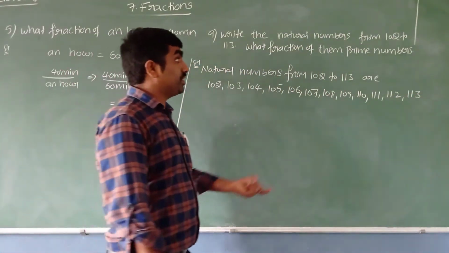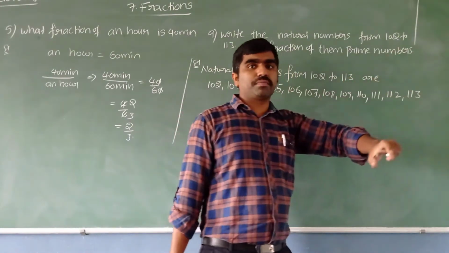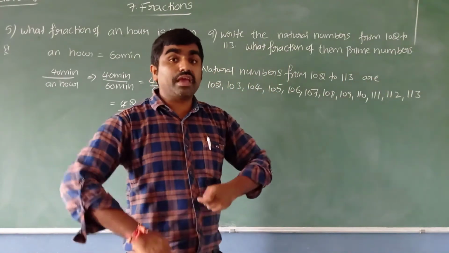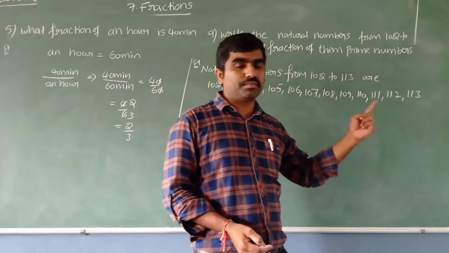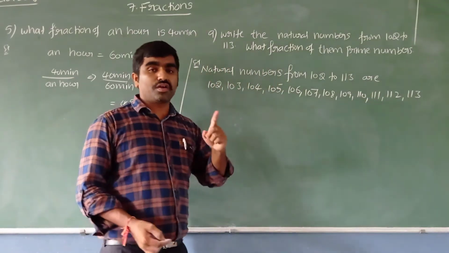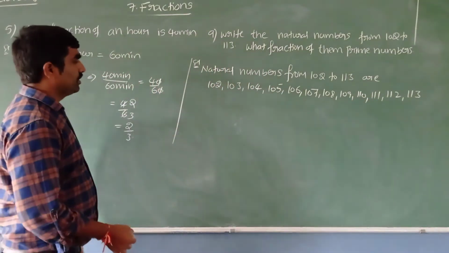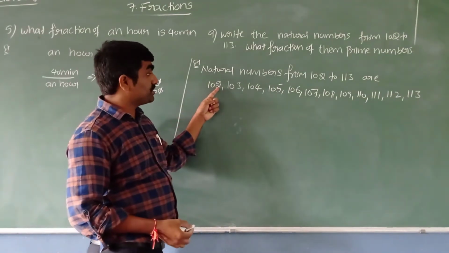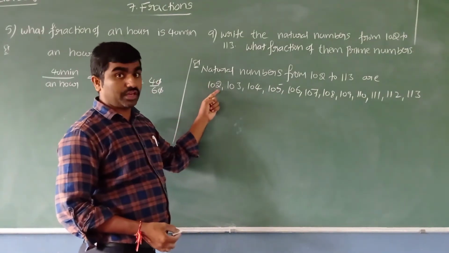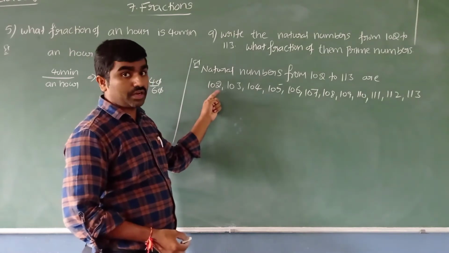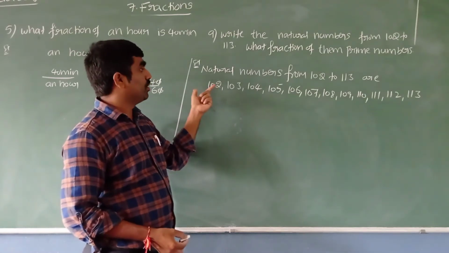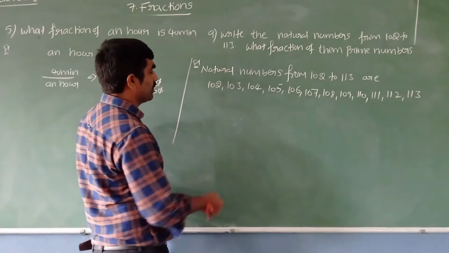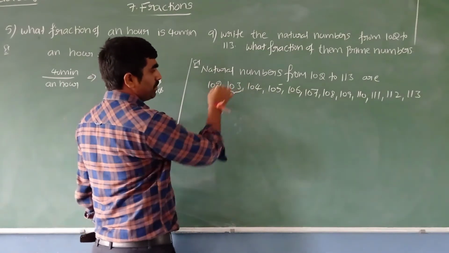Let us identify only the prime numbers. So what are prime numbers? The numbers which have exactly two factors are called prime numbers. Those two factors are 1 and itself. Let us see here, 102: the 2 table goes, the ones place is an even number. 103: 1 plus 0 plus 3 is 4... 105: 1 plus 0 plus 5, the 3 table goes, and the 5 table also. More than two factors, so it is a composite number. 103 is a prime number.